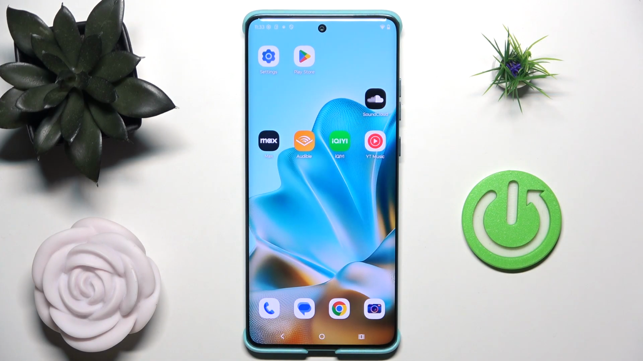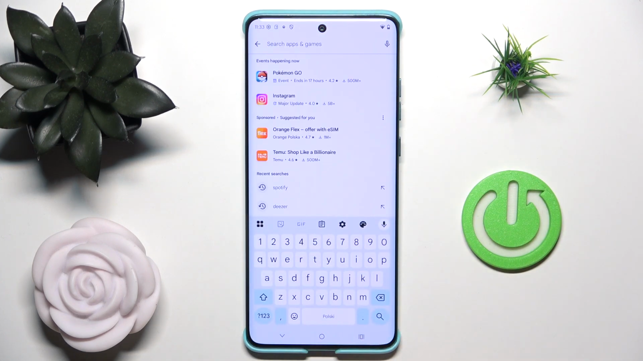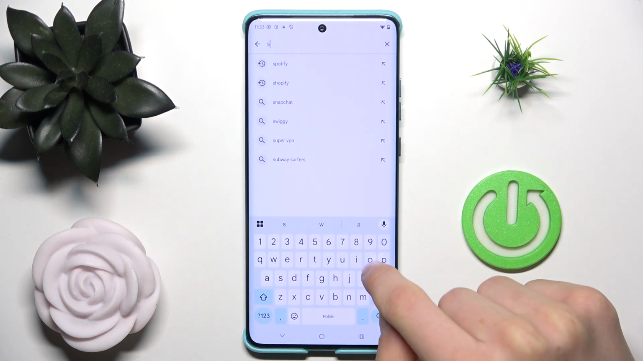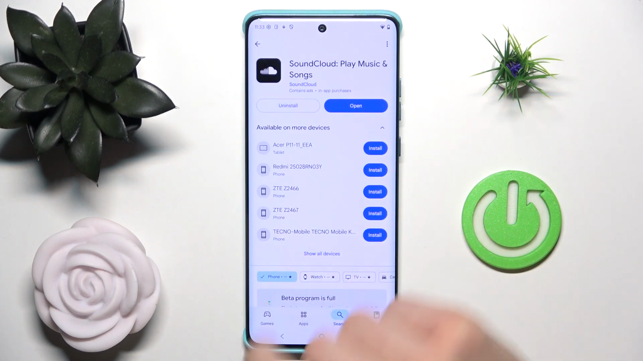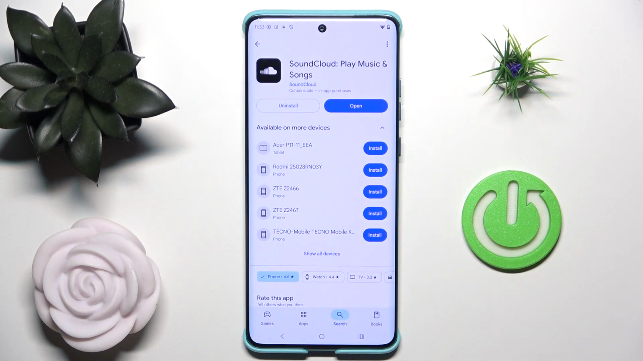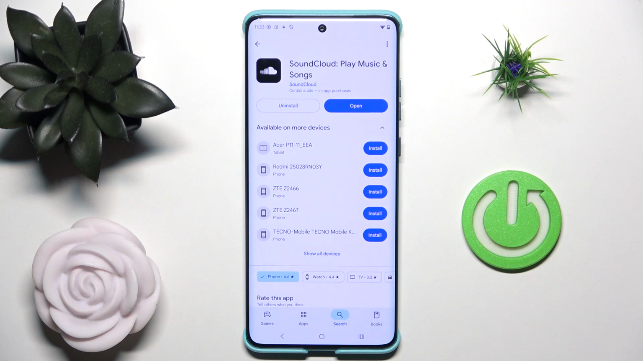So first thing that you want to do is go up to the Play Store, go search again, find your SoundCloud app, right there, click your SoundCloud app and check if you have the newest version. If you have the newest version, you have open here, but if you have the available update, here you have the update bar. After you update it and still got some issues, I'm gonna show you two more ways how